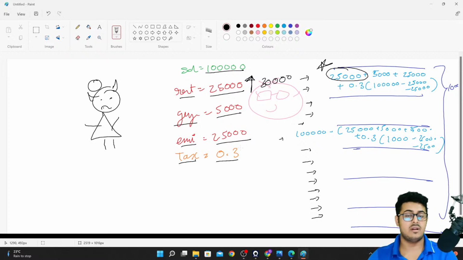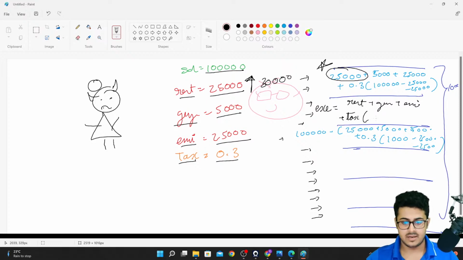Okay, so for example, if I want to calculate my expenses right now, the code that I have to write is like EXE, that is expenses. Let's just take it as exe equals rent plus gym plus EMI plus tax multiplied by sal minus rent minus gym.